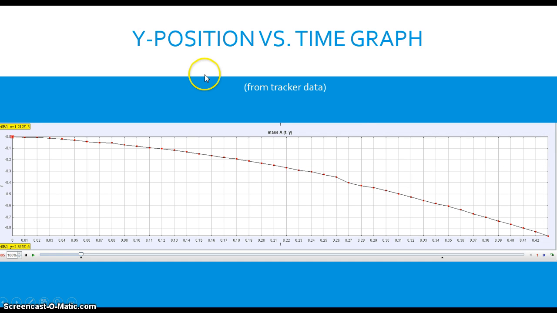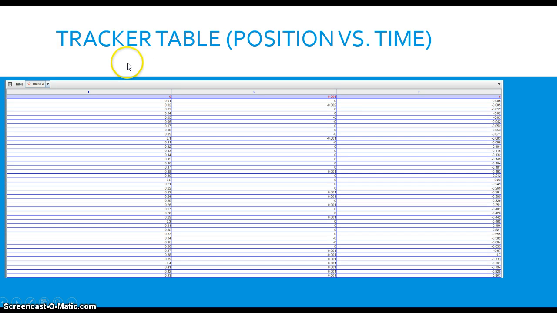If we go to the next slide, we can see this graph in better detail. So you see that it falls for approximately 0.42 seconds and falls a bit over 1.8 meters. So there's the table of the y positions with respect to delta t,